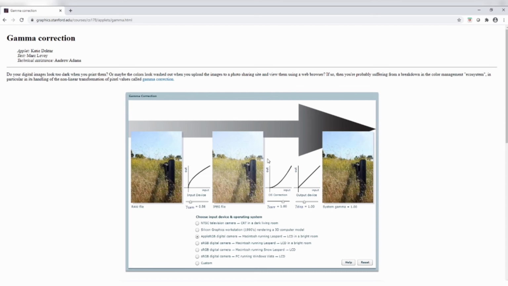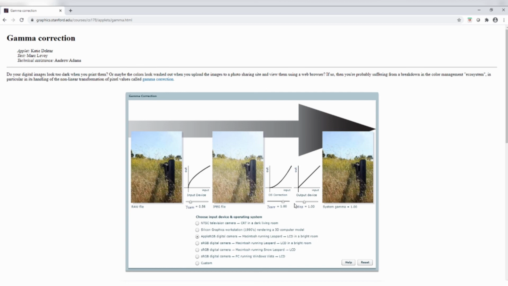Now I want to give it to a display. This is a display, and here is where I can play a little trick. Even our computer monitor, or if I read the JPEG image, it may be doing something like this in the background. Depending on the software that you are going to use, it may be doing some sort of gamma correction in the background. Now, if you see here, I am doing a gamma correction on this image. So this gamma correction and this gamma correction will get neutralized. 0.56 times 1.8 becomes roughly 1, and that means the outcome of these two will look like a straight line.